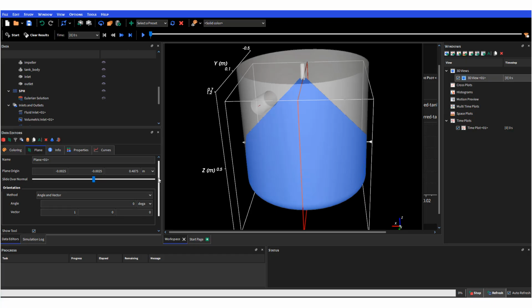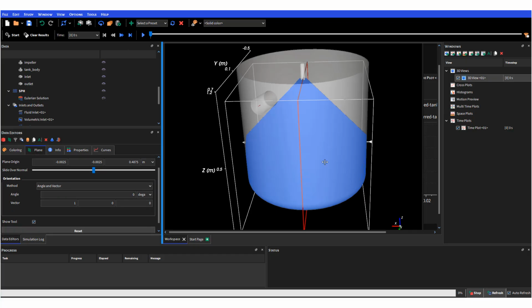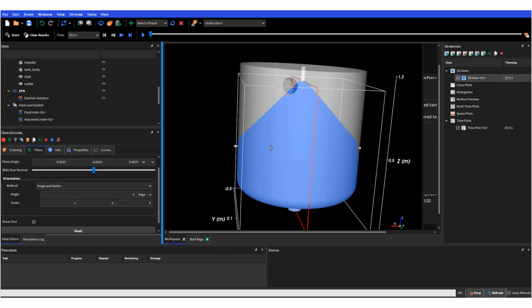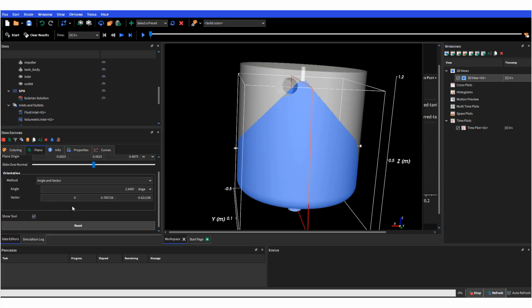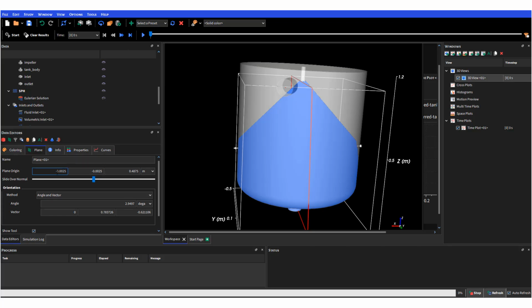So I can actually either modify the plane directly on the viewer by dragging around, or I can basically change the vector as well as the angle. The origin of the plane can be modified as well. So there's a lot of flexibility here, and once you've defined a plane,